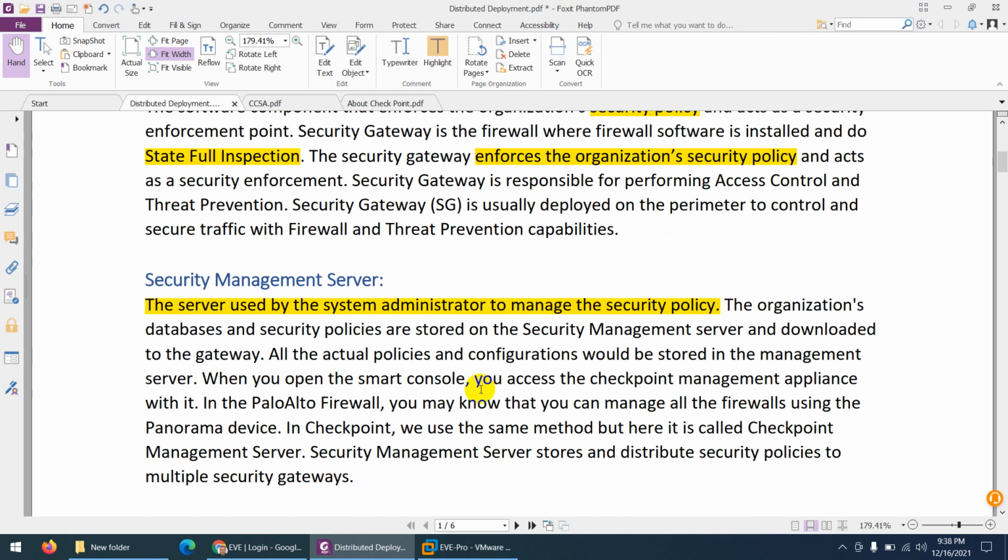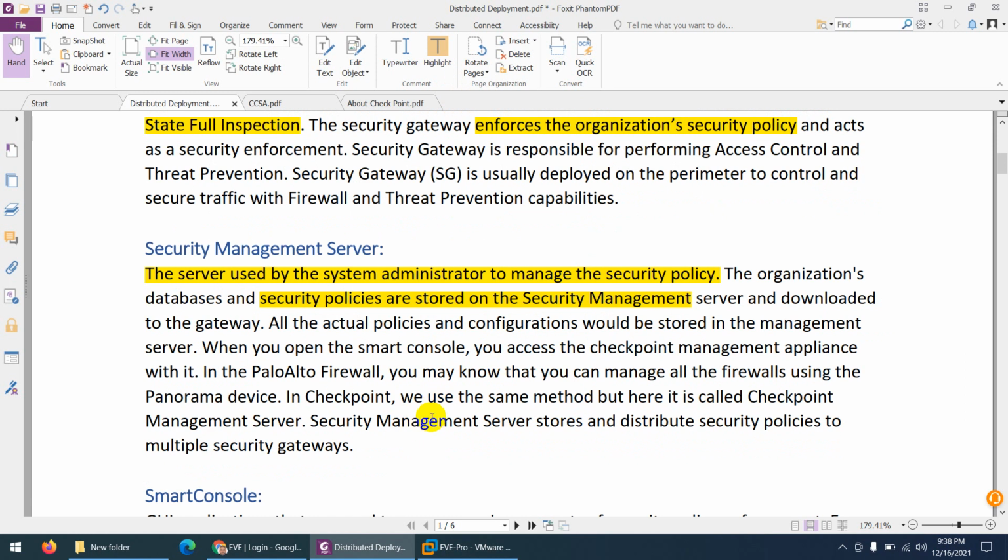I hope you get the idea of what the security management server is in Checkpoint. And all the database and security policy are stored in the security management server, same as Panorama, FortiManager, or, for FTD, the FMC.